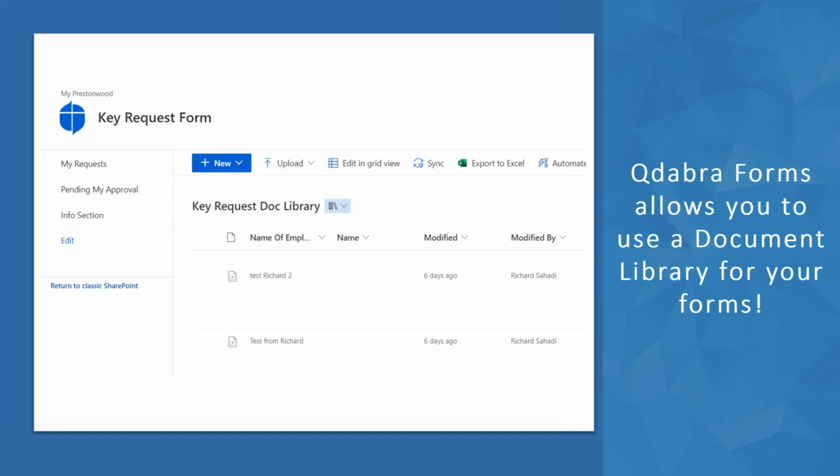And so as far as I can tell, there hasn't been any limitations. And you just used Forms Designer to publish your form to your document library and promote your columns. Correct. Yeah, you can't use InfoPath to publish to the doc library. You've got to use the Qdabra Forms Designer